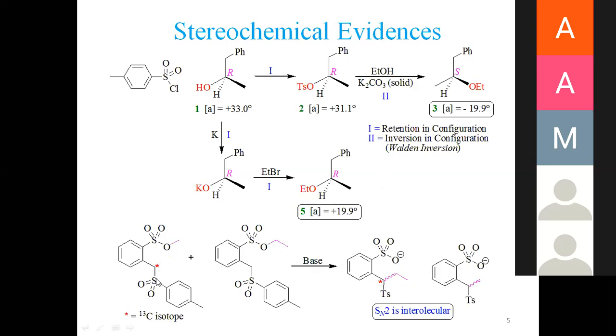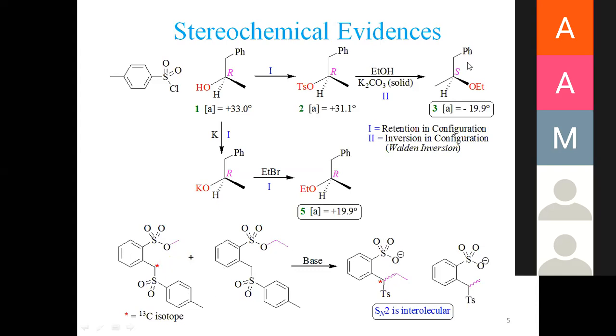Similarly, you have also come across this very famous experiment, which claims that SN2 reactions are always intermolecular. Sorry, the M is missing in intermolecular. So these are intermolecular reactions. How has it been proved with the isotopic label carbon? If it were intramolecular, then it could be substituted here, so we would get a methyl at this position, but we always get an ethyl here, which indicates that it is not reacting with this entity, it is reacting with this substance. This is what is proved with these experiments.